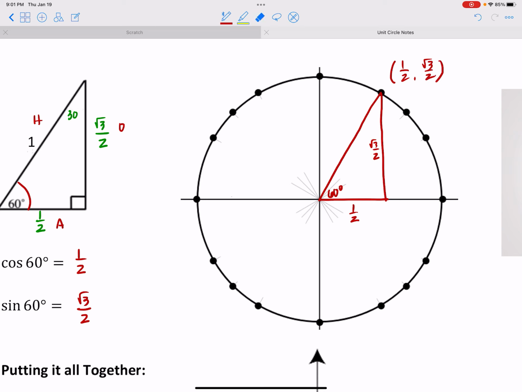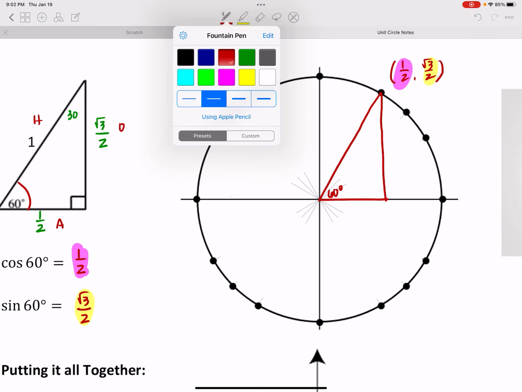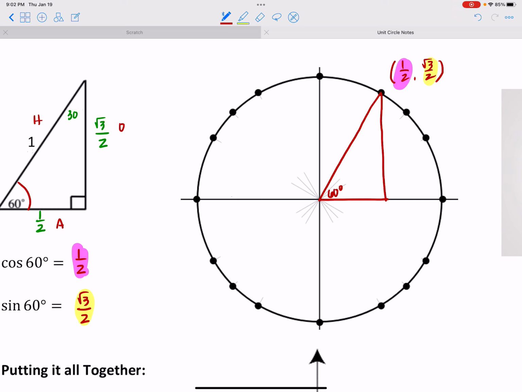And what that's showing me again is the exact values for the sine and the cosine of 60 degrees. So again, what is the cosine for 60? It's right here, it's 1/2. And what is the sine for 60? It's right here, radical 3 over 2. And then we take that into the next quadrant. If I reflect this over,